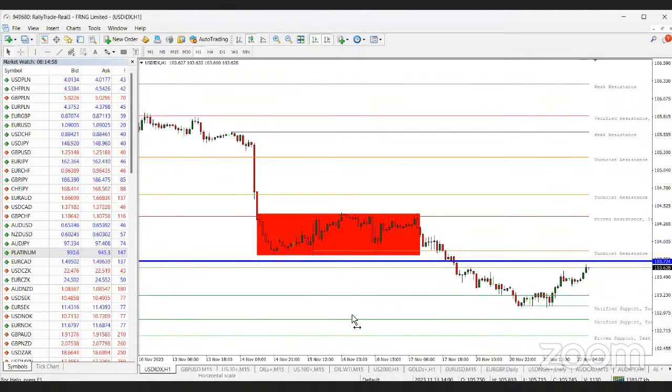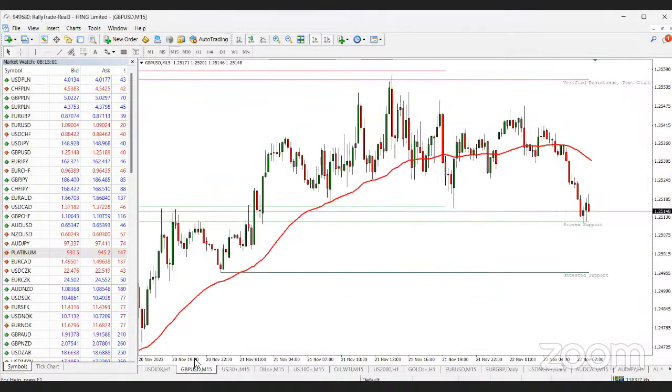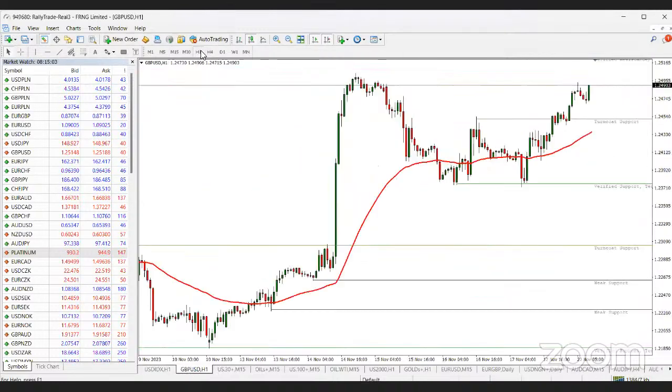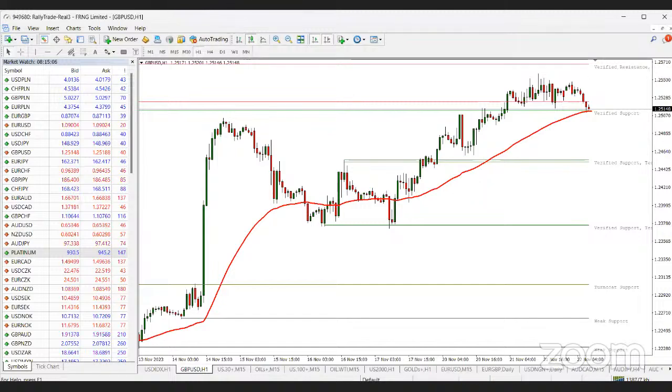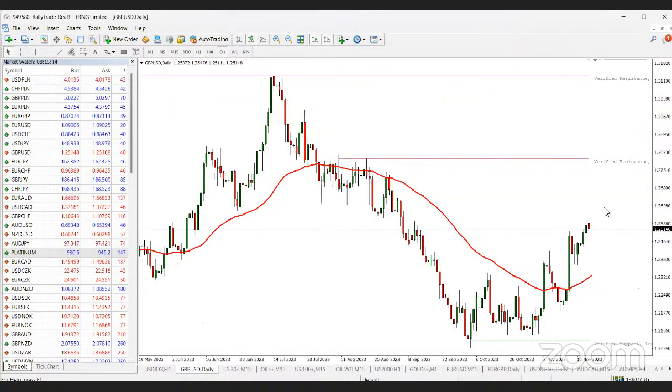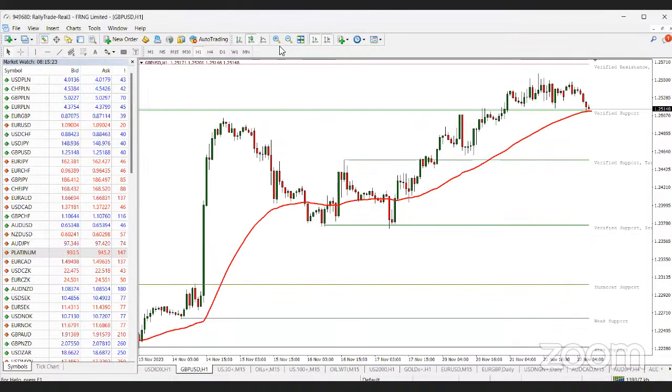Well, that said, I think we should start with GBP USD. This is GBP USD, and what you will notice is that it is currently being supported by the 50 period moving average. This is GBP USD on the daily time frame. Yesterday it still closed bullish, but it's been selling this morning, which is not surprising considering the dollar itself is currently retracing. It's currently strong, so it would look like we would expect a continued sell on GBP.